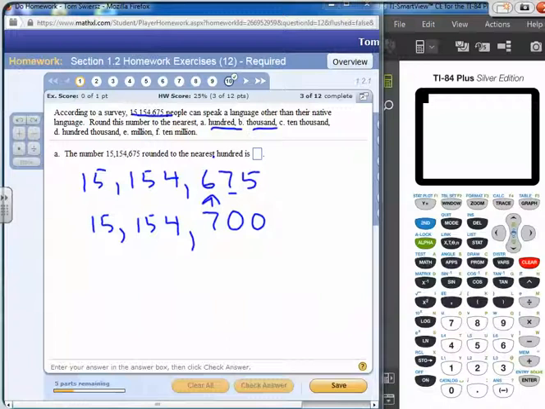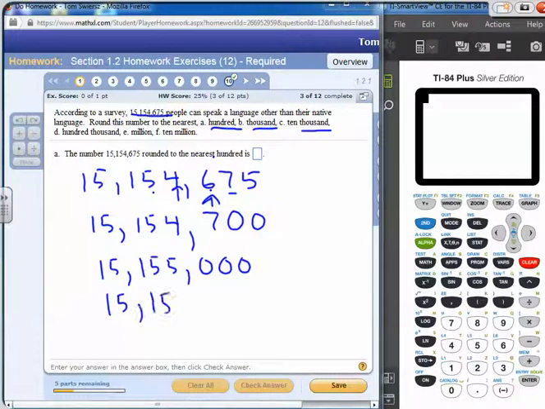Thousands, then you just go to the thousands, which is the 4. There's a 6 to the right, so we'd round up, so it'd be 15,155,000, and then all zeros. 10,000s, there's a 5. A 4 is to the right in the thousands. 4 or less, we keep it the same, so it'd be 15,150,000. To the nearest 100,000, there's a 1. A 5 is next to the right, so 5 or more,